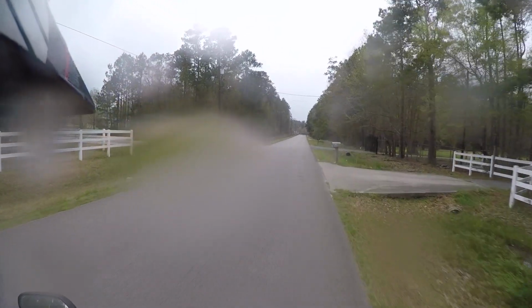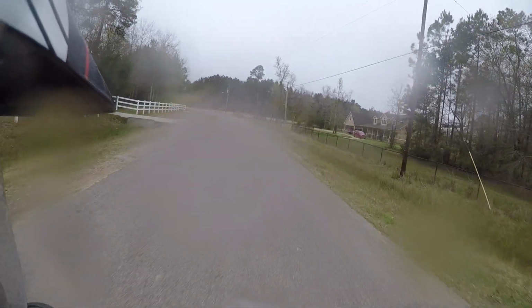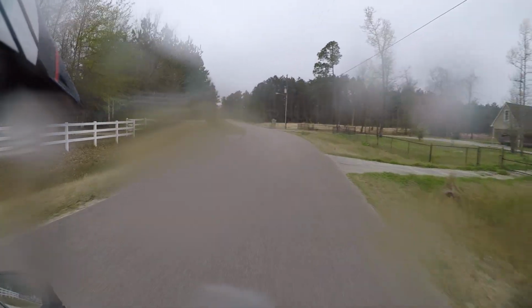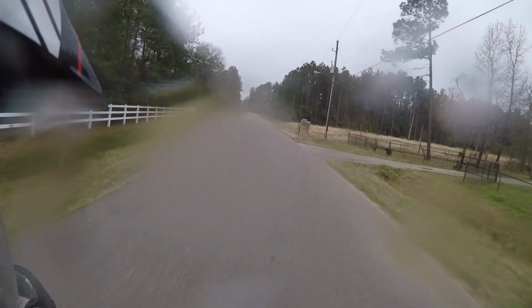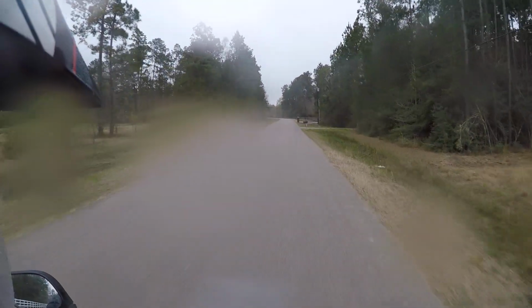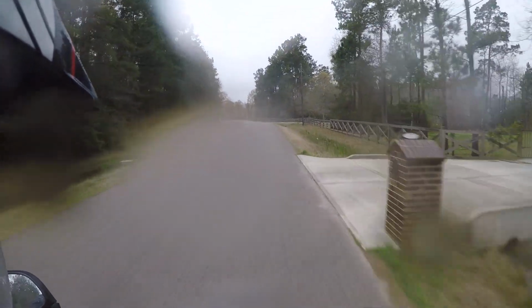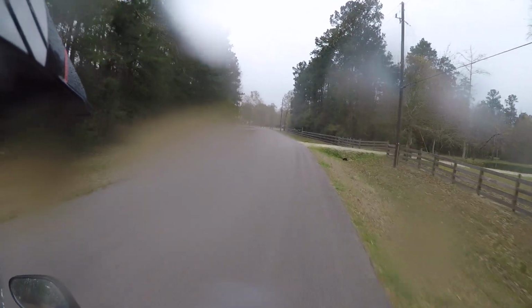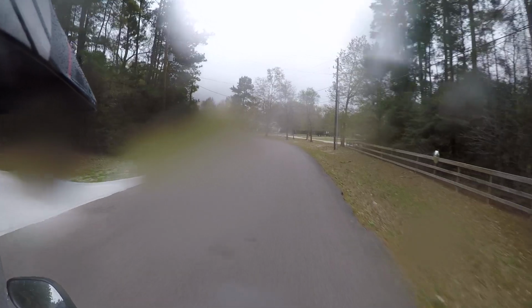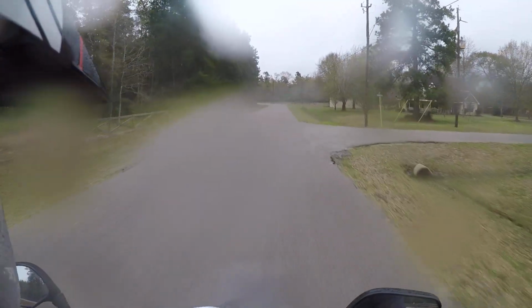You should take the MSF course first, but not everybody has 4.5 acres to learn on, and these dogs always like to get out. Doesn't look like they're going to today. Sometimes there's nowhere to learn, and then the MSF course expects you to almost know what you're doing when you get in there. And if you have zero idea of what to do on a bike, that's a lot to learn one day and test the next. So with no practice, and I had 200 miles on this bike before I took the MSF. So,